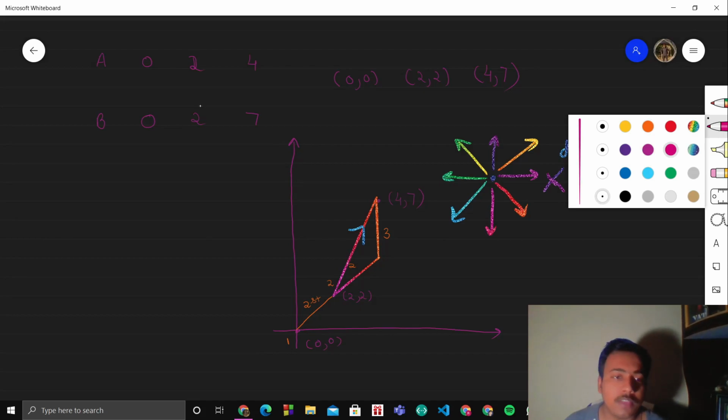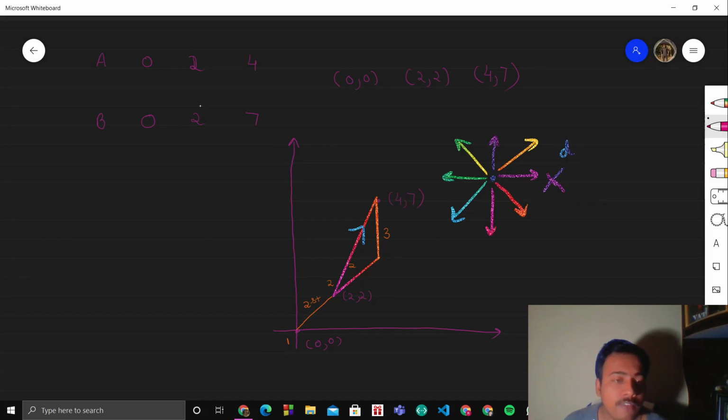Okay, so it's actually very simple. We have to just see if they are on the same diagonal. So we have to move diagonally, and then after that we have to check whether they are over here, then we will go horizontal, or if they are on top, we will just go straight. So we have to try to go in the diagonal direction as much as we can.